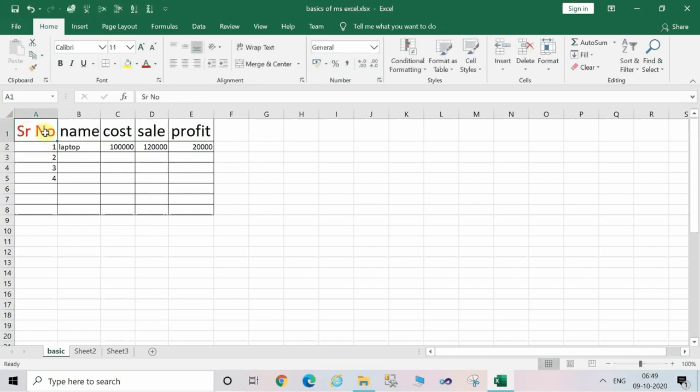Let's use the Format Painter command over here. For this, first of all, select the cell whose formatting you want to copy, then double click on the Format Painter button, and then select the cells on which you want to apply the same formatting.